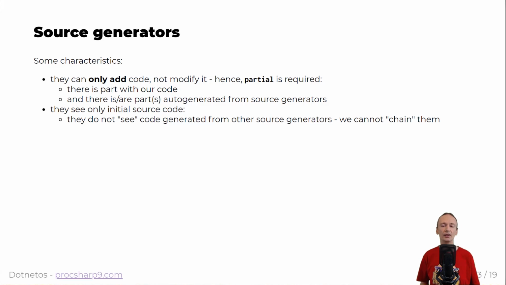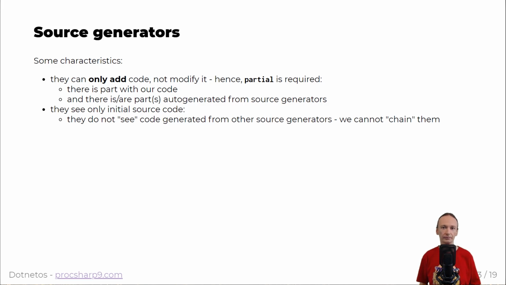And then in the end, this type is being merged, so your own code with the code which is generated by the source generator is merged into one file, into one type,